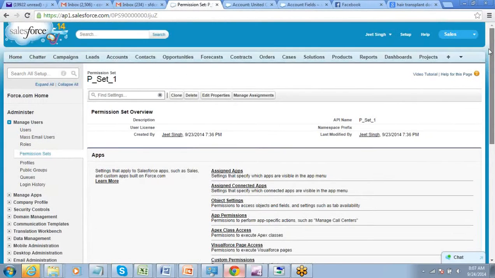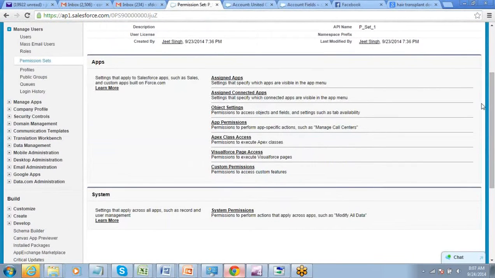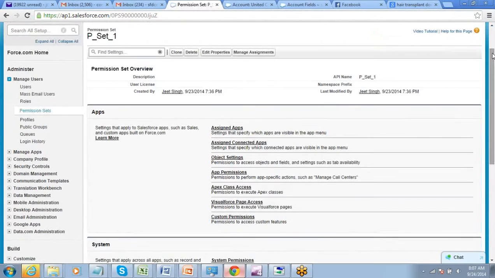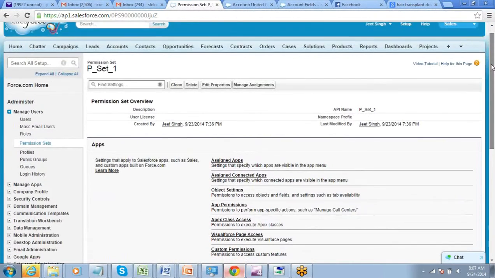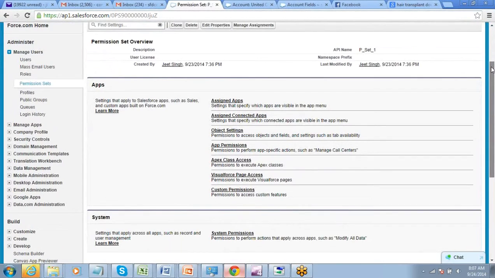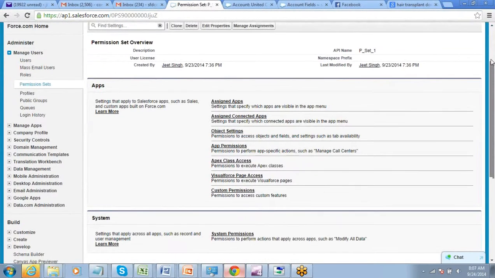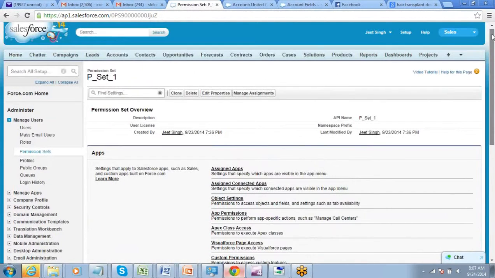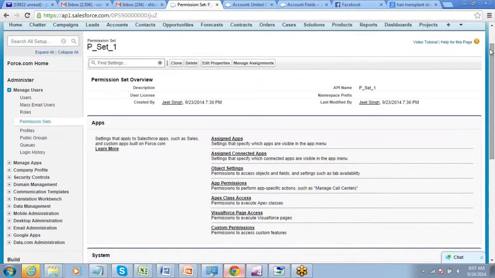So, new permission set. You just have to go and put certain permissions on it.